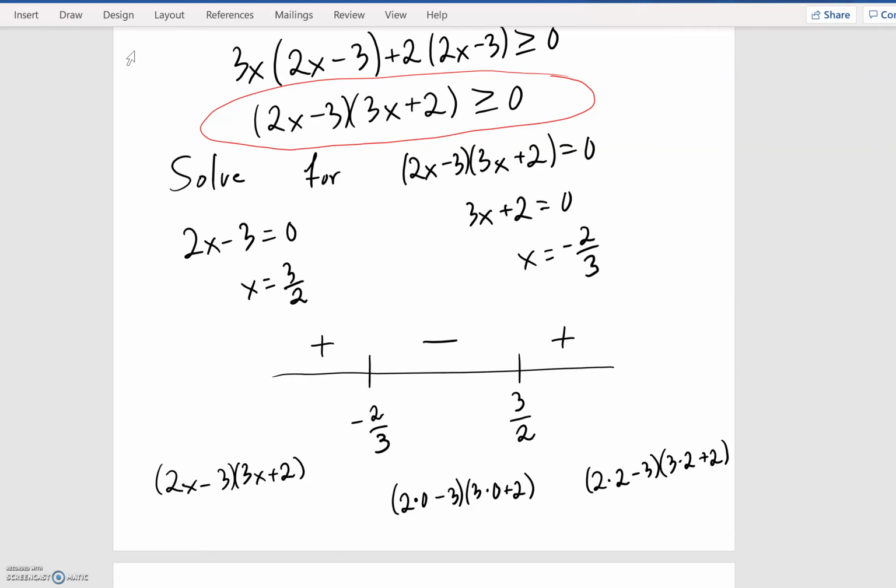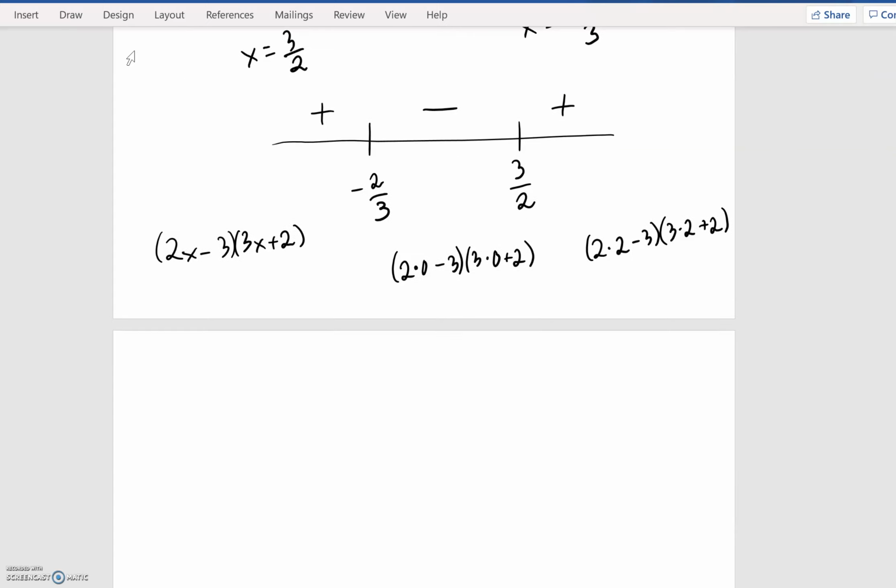Looking at the sign chart, our function is greater than or equal to 0 for x values from negative infinity to negative 2/3, and also from 3/2 to infinity. So my solution, based off of the sign chart,